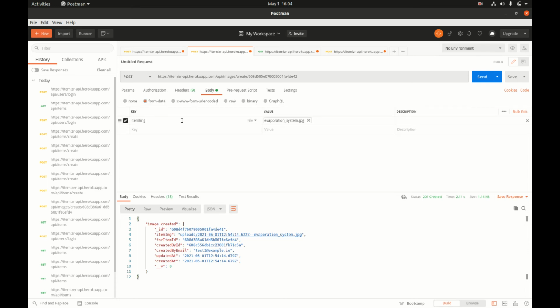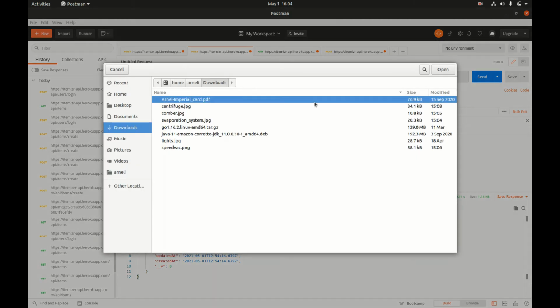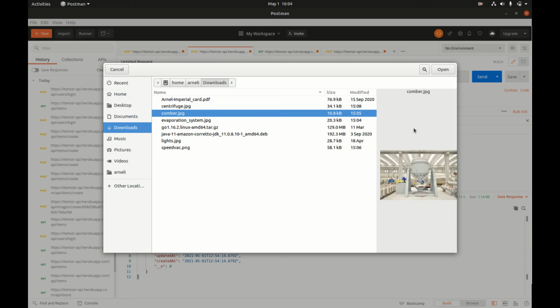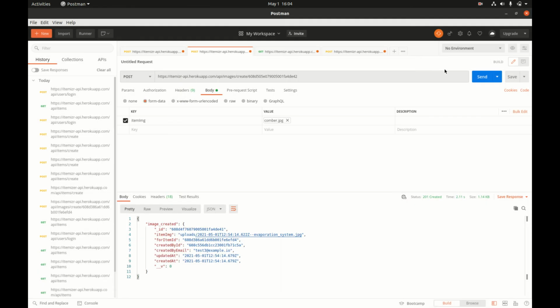Body, item img. So Comber filter. Okay, hit send,